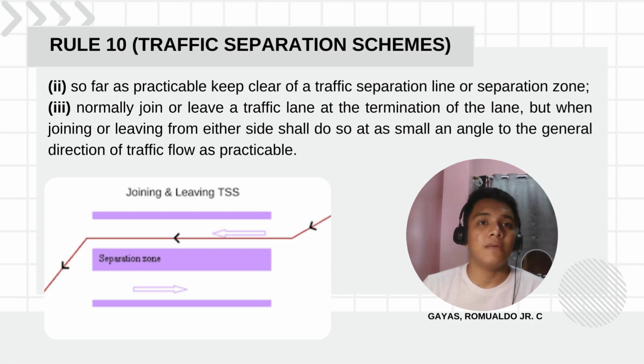So this rule aims to ensure that vessels enter or exit traffic lanes in a way that maintains the safe and orderly movement of maritime traffic. By following these guidelines, vessels reduce the chances of disrupting the flow of vessels within the lane and reduce the risk of accident. It emphasizes the importance of predictability and minimizing crossing angles when navigating through busy lanes.